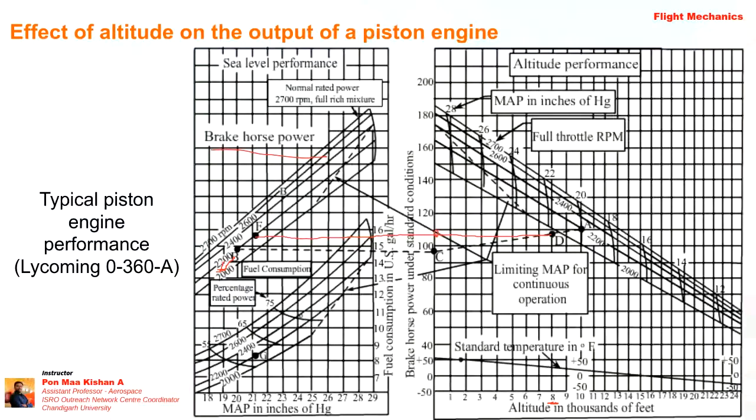So if I am going down and I want to find the inlet pressure, the inlet pressure is also increased, 21 inches of mercury. It is increased inlet pressure. Okay, so again if you see the RPM, that is the 2200 curve. So now we have to find the intersecting point between the 2200 curve and the line which I have drawn with the manifold pressure, that is G. Okay, so that is marked as G.